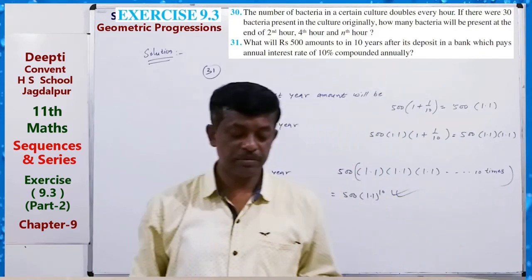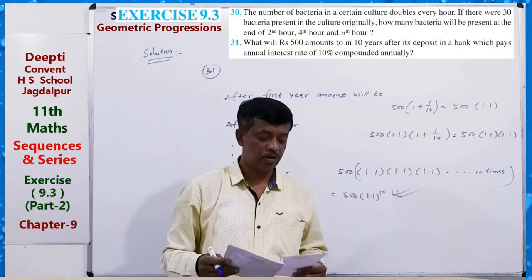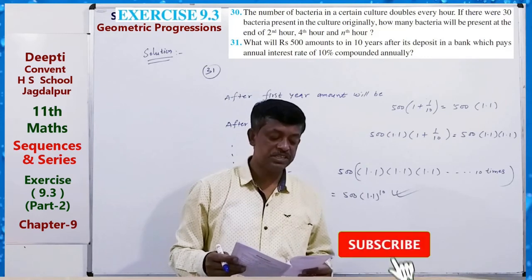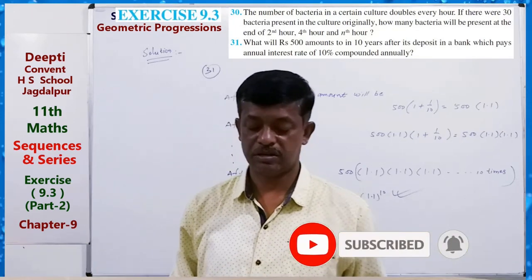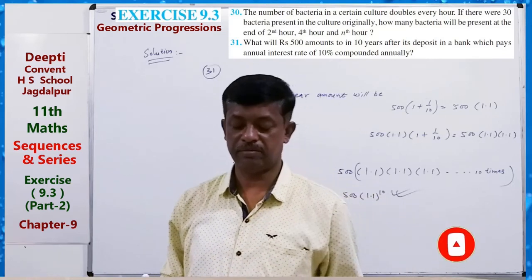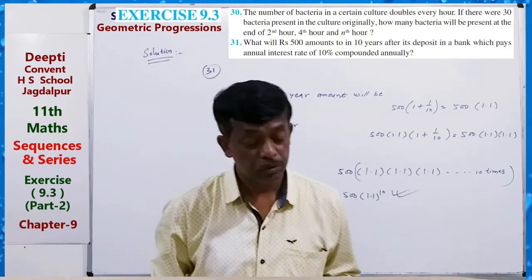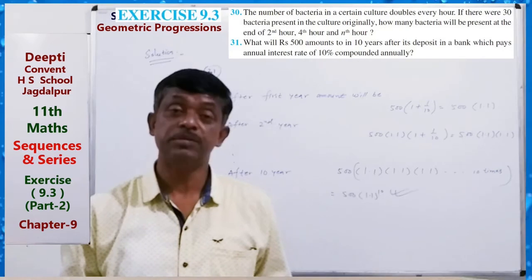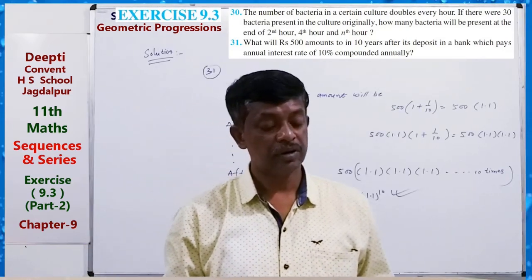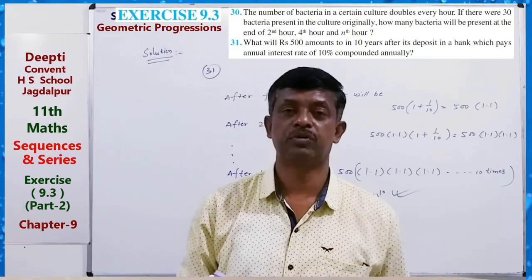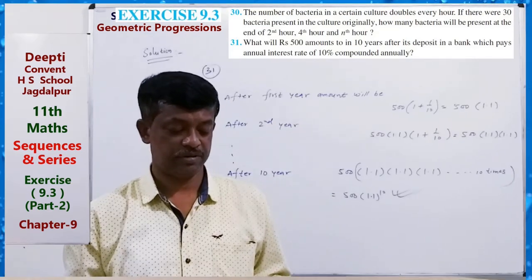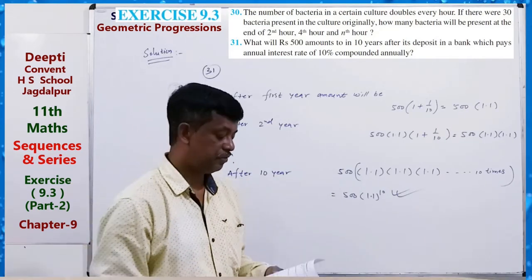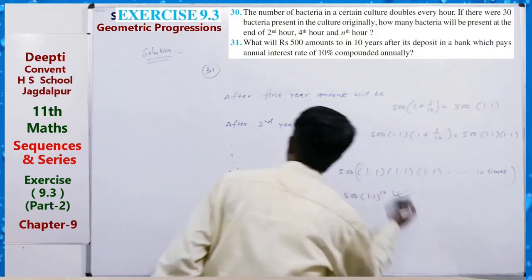Now the last question is what? Arithmetic mean and geometric mean of the roots of a quadratic equation are 8 and 5. Okay. So if roots of quadratic equation are a and b,